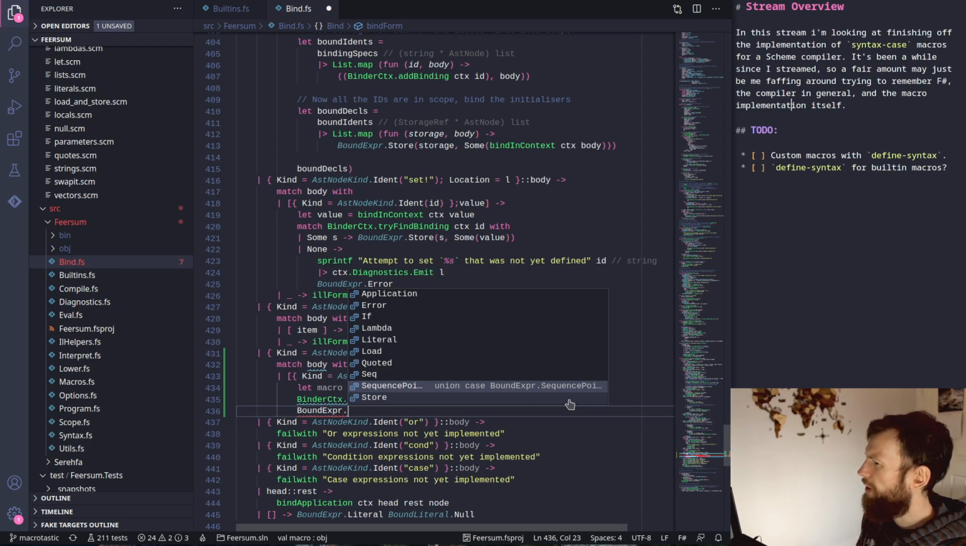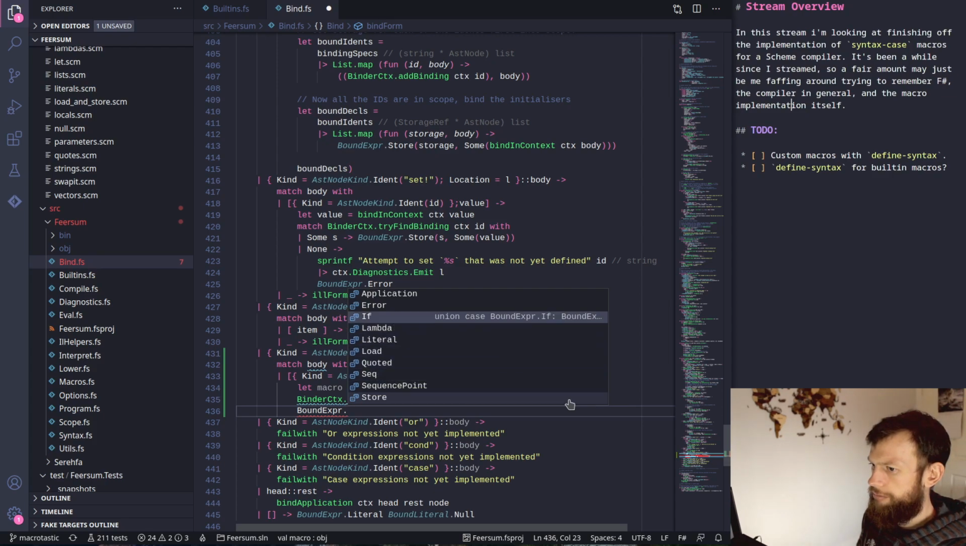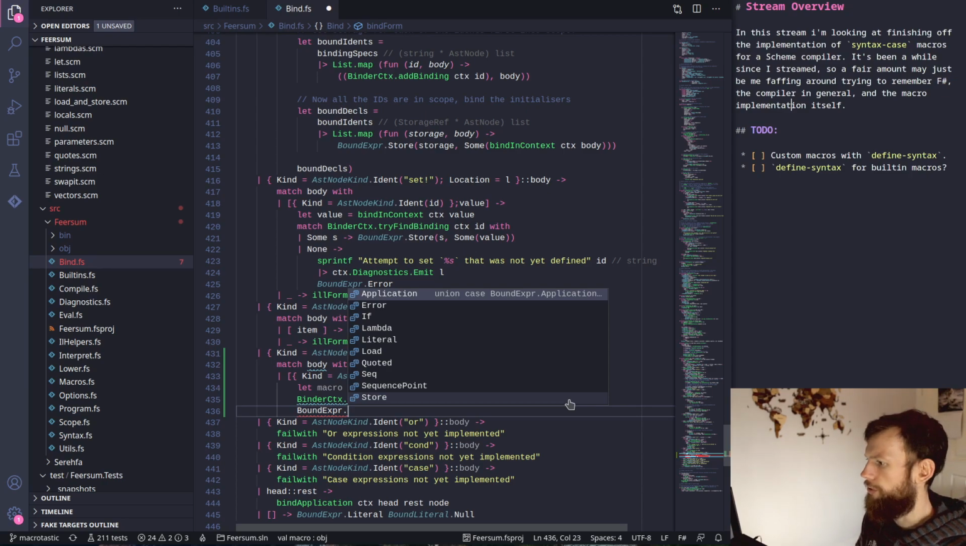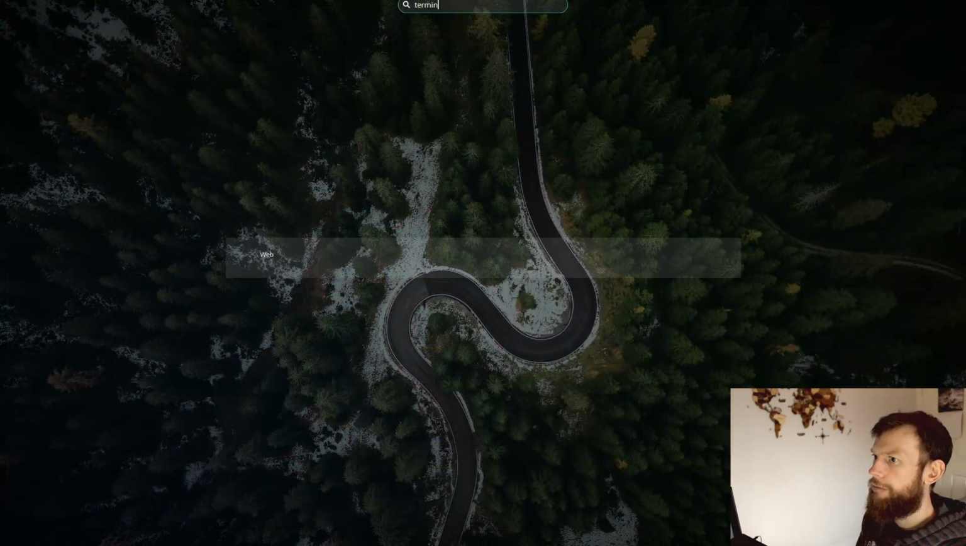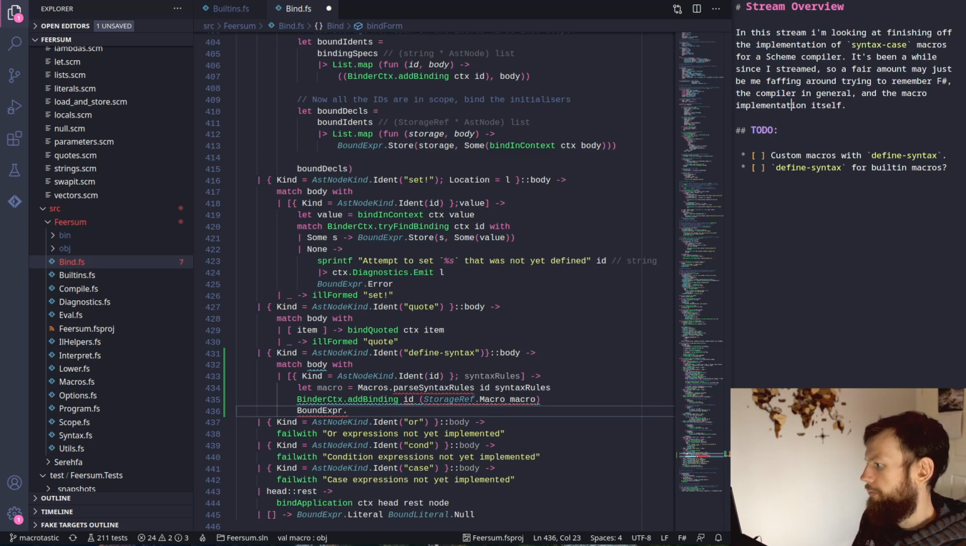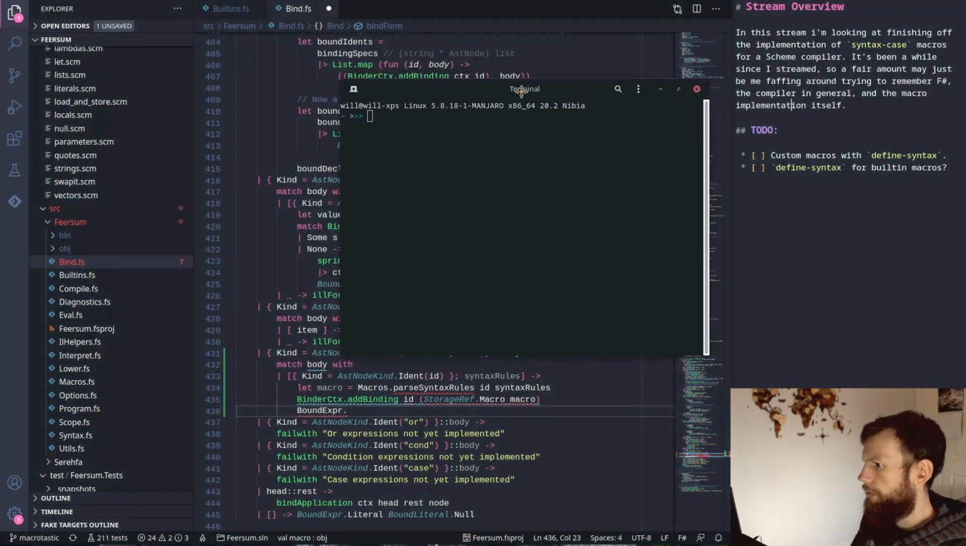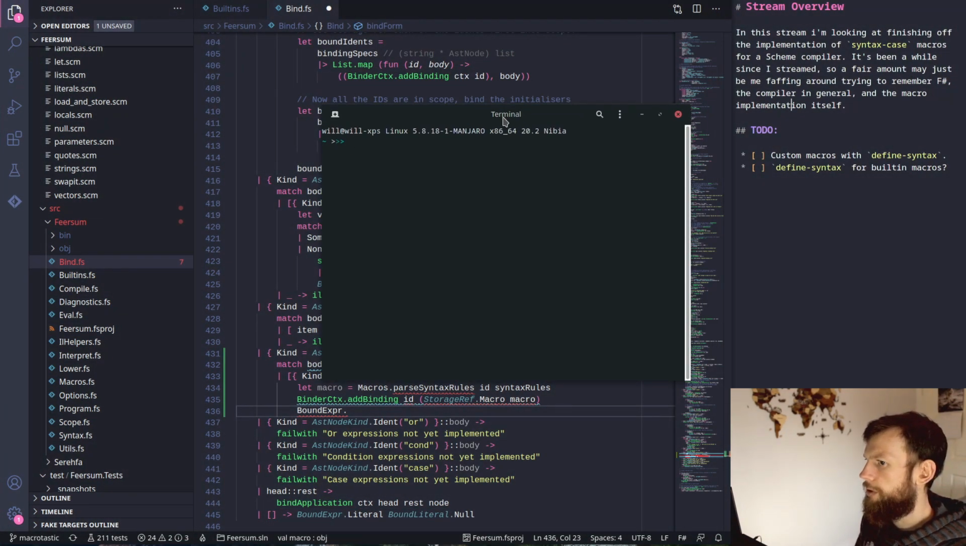Or do we just want to have it's not a literal. I don't think you can just apply. I don't think you can just do anything with a macro. So let's just try that out. Create a terminal. Create a new window. And what kind of